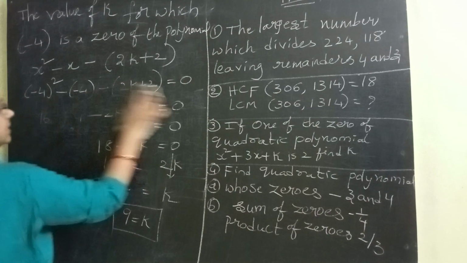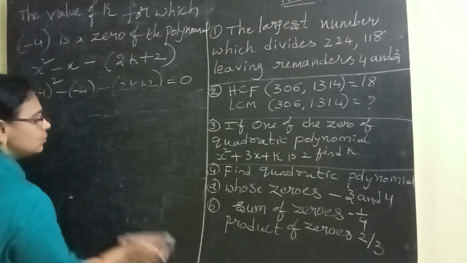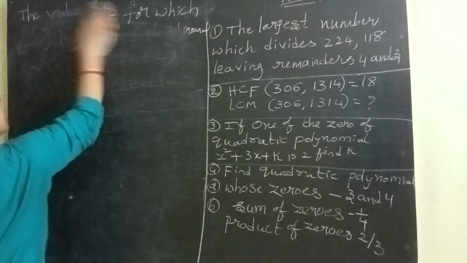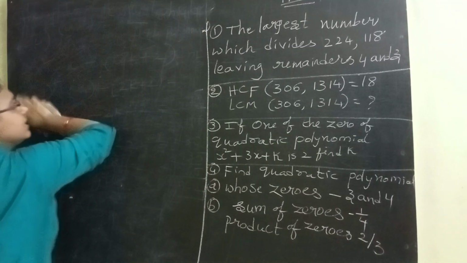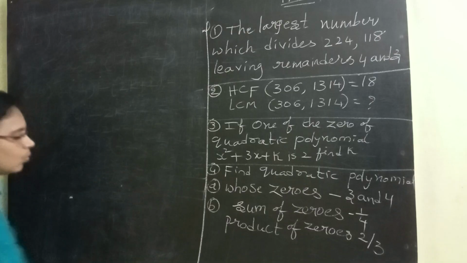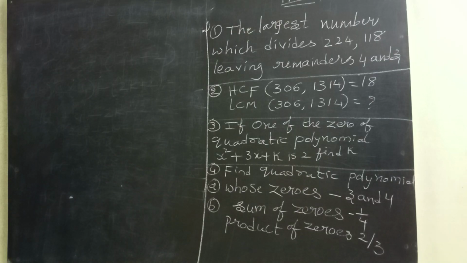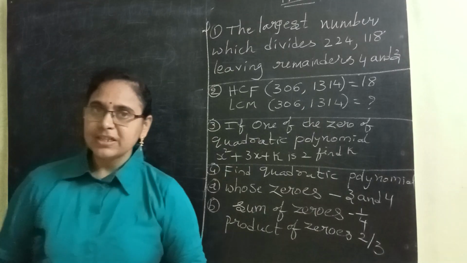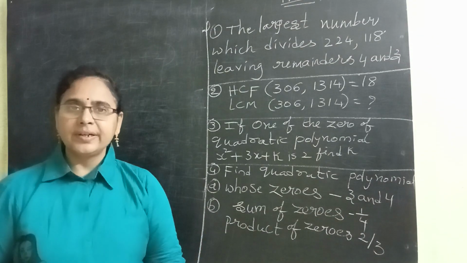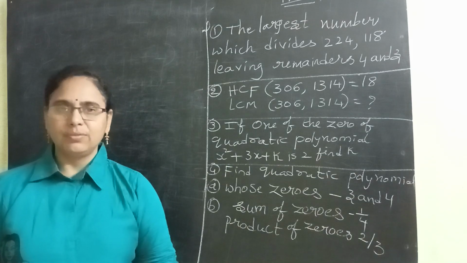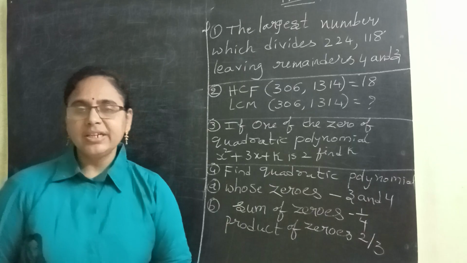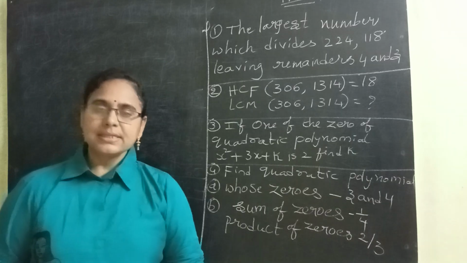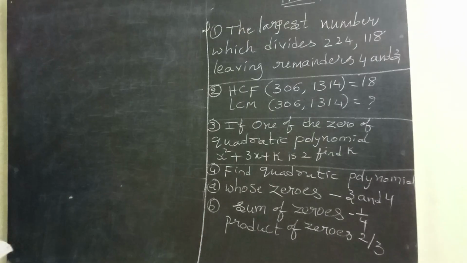The next one is, when you learn the polynomials, immediately you will learn one formula. That is the quadratic formula. What is the quadratic formula? x square minus x into alpha plus beta plus alpha beta. It is the only formula you have in polynomials. And sum of zeros, you know, is minus b by a. Product of zeros is c by a. Now,